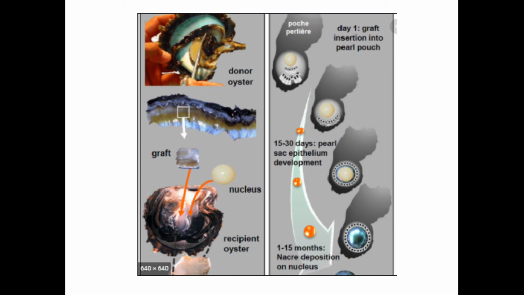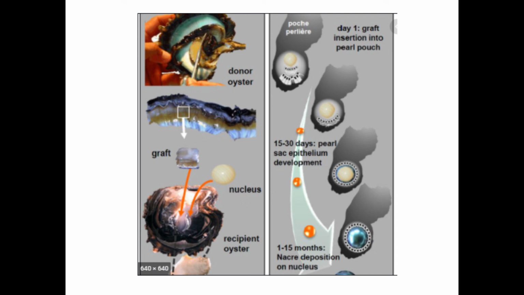Mantle tissue insertion. The mantle insertion method, second one, that is opening the shell. We have to open the shell walls of the host using a wedge or any instrument. Then a small hole or cut is made on the mantle. We have to open the mantle. Then the nucleus is placed inside a tiny bag of mantle epithelium. That means we have to insert the nucleus inside the mantle. This is the second method.